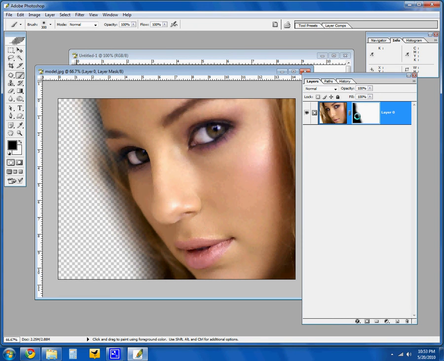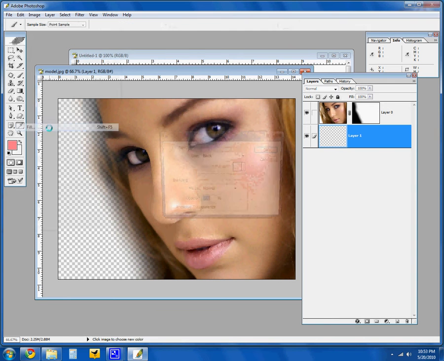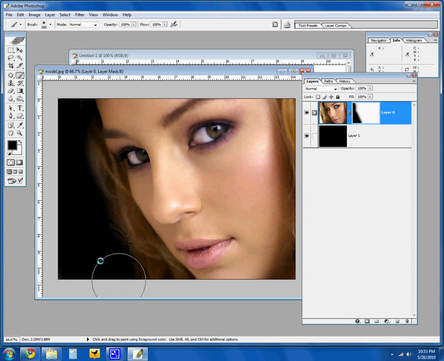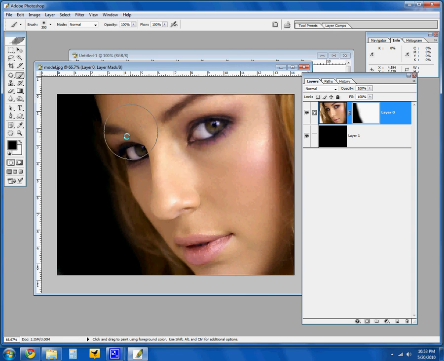And I can come down to my layer palette here and add a new layer, and I will drag that layer beneath my original layer. I'll go ahead and fill that in with black, which is a good color to see what my mask is starting to look like. And I can go in there and do some fades, go around it a little bit, soften that fade up like so. And I've got a pretty decent mask right there. And that's just a layer mask, a soft edge brush fading the transition in there. And I've added in a black background directly